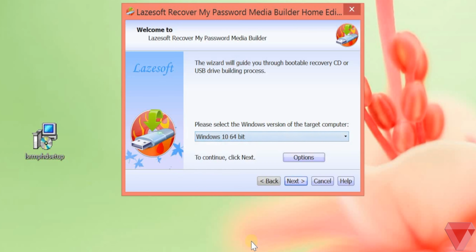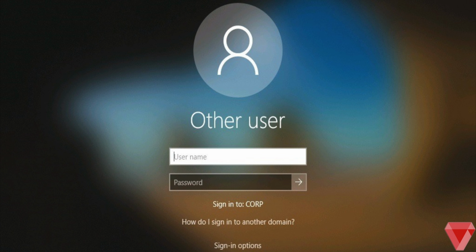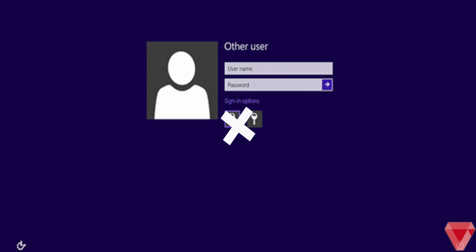Here is a quick tip that works most of the time to know your target computer Windows version. If you see this particular screen on target machine, most probably Windows 10 is installed on this computer. Or if you see this screen, it's for Windows 8 or Windows 8.1.